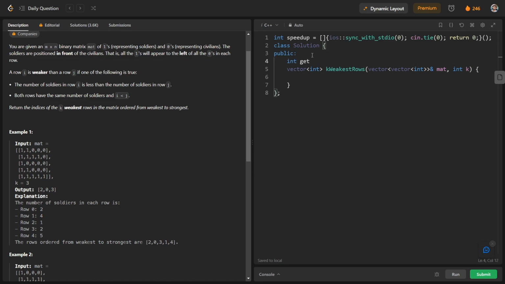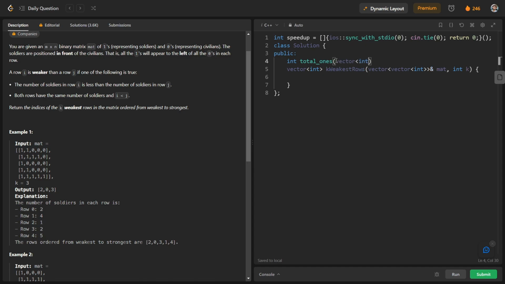So int total 1. Basically in any row we will find the last position of 1. You can see that in this row the last position of 1 is going to be index 1. So the total number of ones will be nothing but index plus 1. You can see that 2 is the number of 1s. So that's what we will do here.